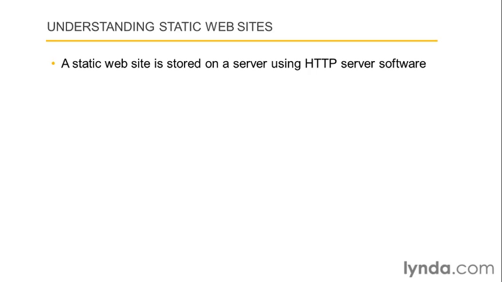All of these assets are stored on a server and then delivered to web clients, such as browsers, using a kind of software called an HTTP server. There are a number of popular HTTP servers on the market, but the two most common are Internet Information Services, or IIS, a free web server that's included with the Windows operating system, and Apache, a free open source HTTP server product, which is used on pretty much all operating systems, including Windows, Linux, Mac OS X, and other flavors